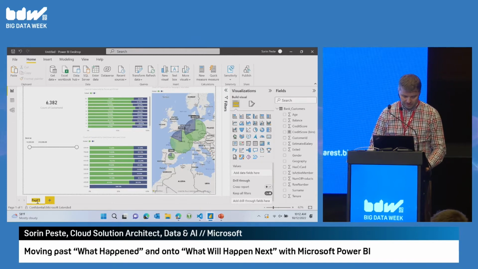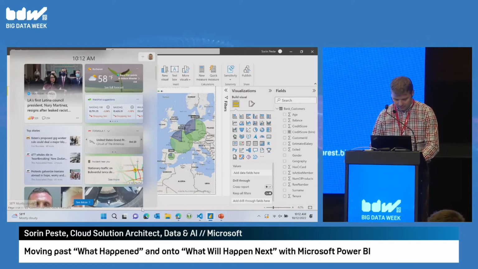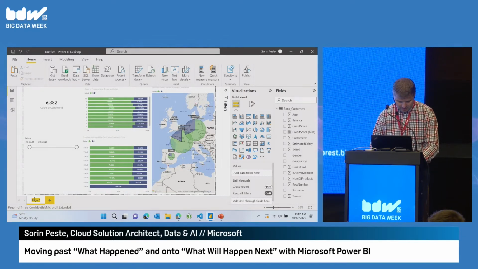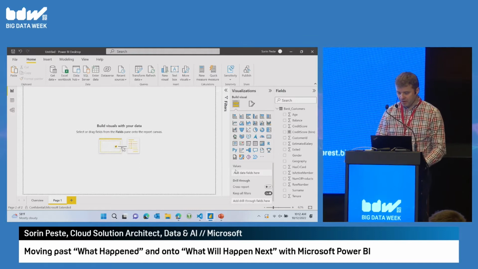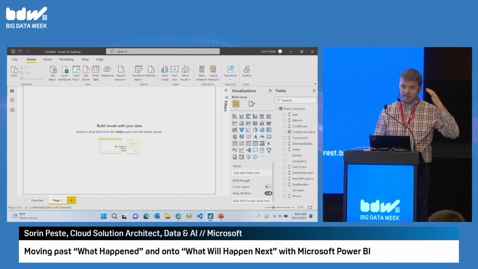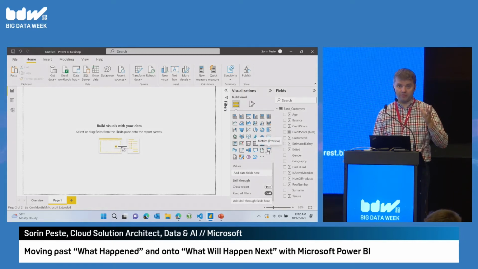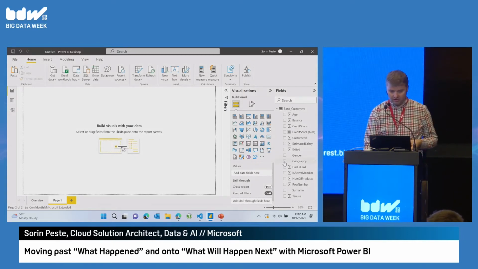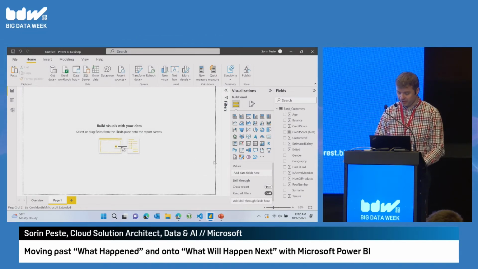So I'm just going to call this page overview. And move on to the why, right? So we have maybe 10 minutes to analyze the why. So I'm going to look at, okay, why is my customer churn so high? Seems to hover around 20% based on all the data. So there's two things I could do here. I mean, there's many things I could do here. I'm going to show two because that's all I have time for.